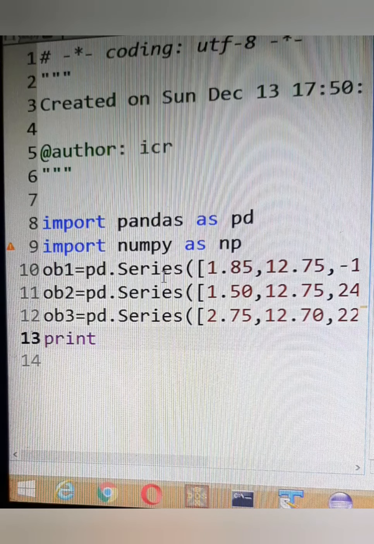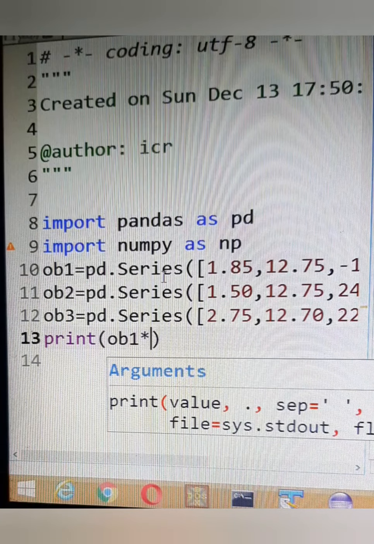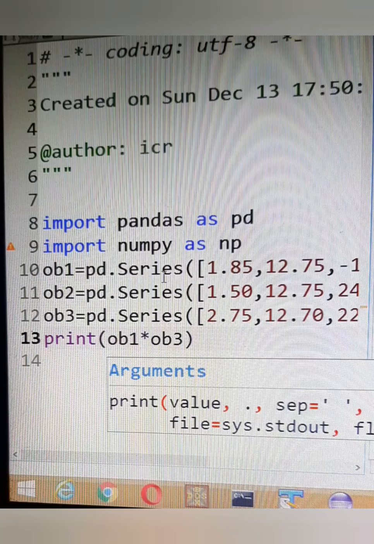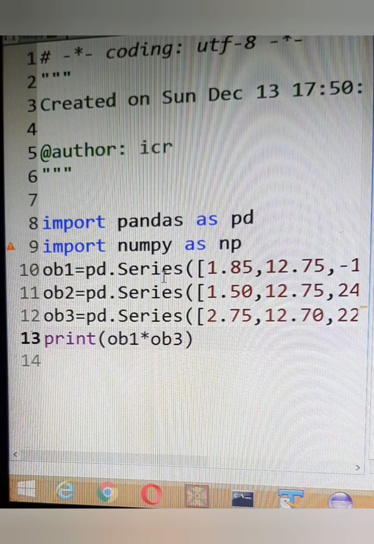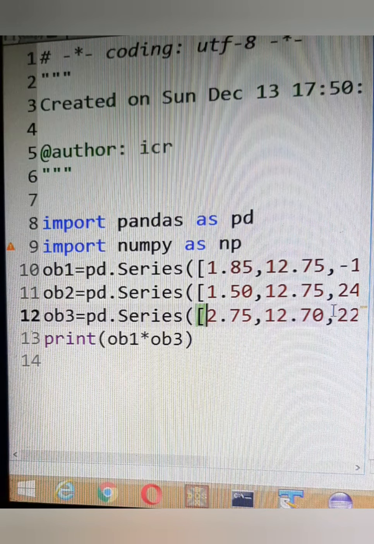If I write print OB1 into OB3, all the values of OB1 will be multiplied with the values present in OB3. That means 1.85 will be multiplied with 2.75 to give you this answer. 12.75 will be multiplied with 12.70 to give you this answer, and so on.